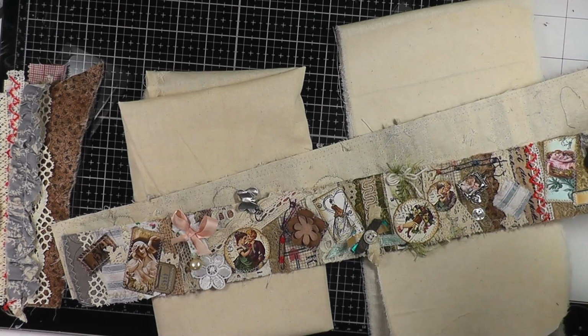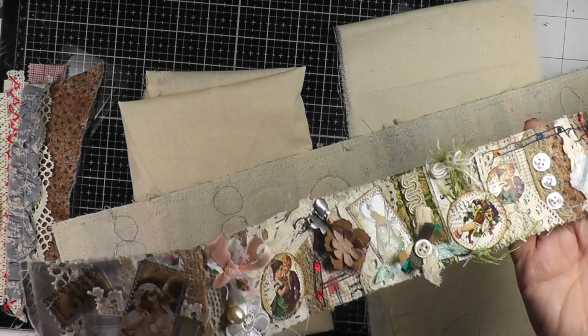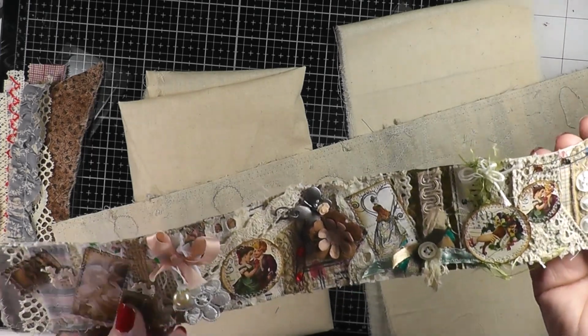I thought we would learn how to make a snippet roll. And what is a snippet roll? It is